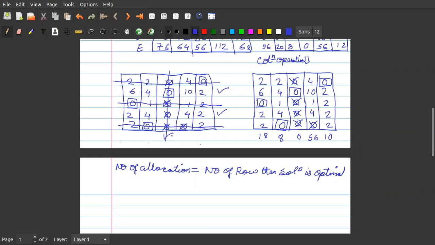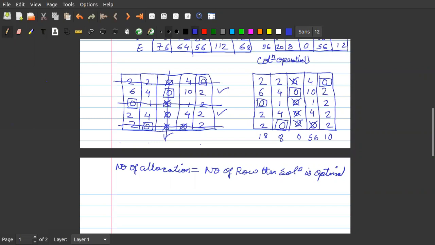For rows, it should be unticked. For columns, it should be a ticked column. Is it understood, students? Yes, sir. Okay.